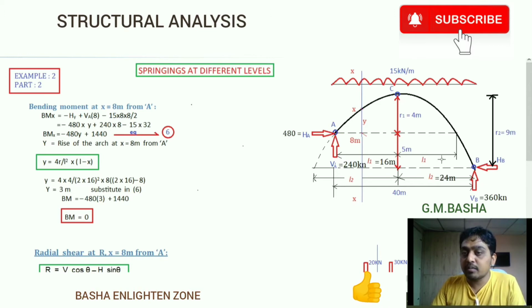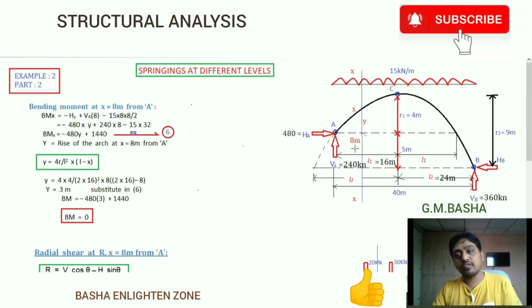So if they are asking from the right support, we are taking the rise value equal to 9 meters. But here they are asking from the left support, that is the reason we are taking this 4 meters. Okay. And next point, what about this x value? X value equal to the given distance according to the question. So whether from the right support or the left support, whatever they are mentioning, you take down the x value directly as given in the question. According to the question, you take down x value equal to 8 meters.